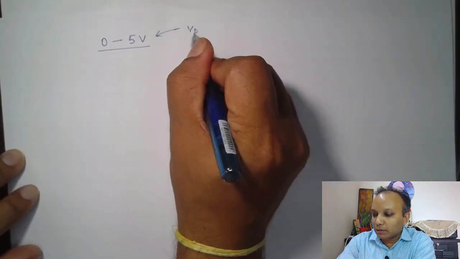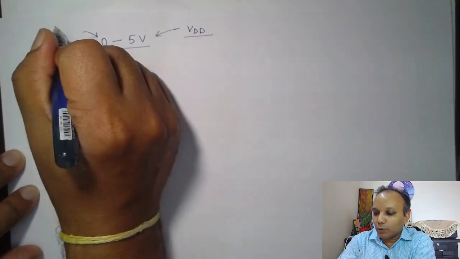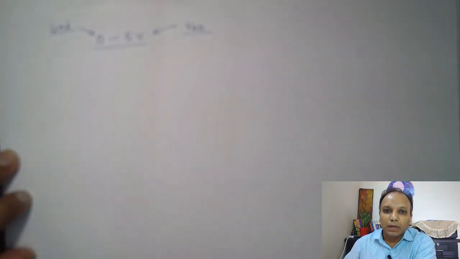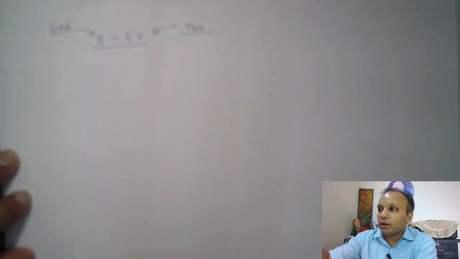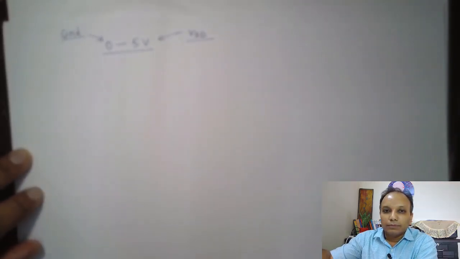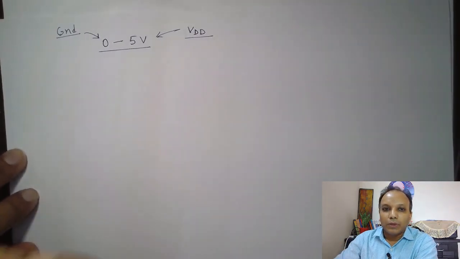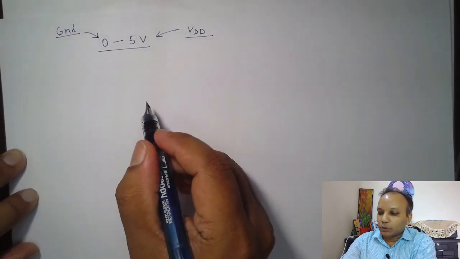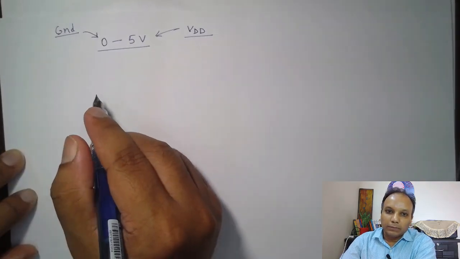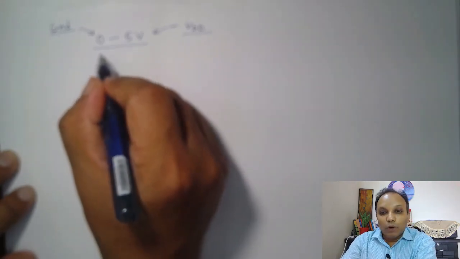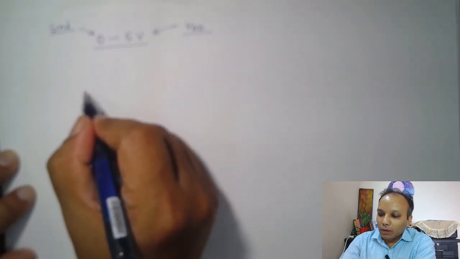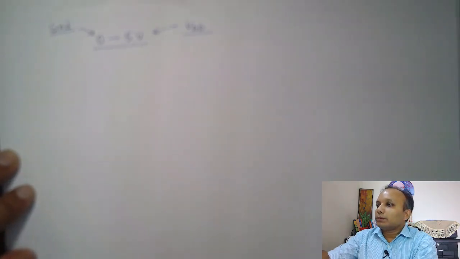VDD is the highest voltage and this is the ground voltage in your circuit, because remember that underneath your computer there is a circuit, and that circuit operates using these different voltage levels. So, 0 represents ground, 5 volts represents VDD. Now, if I have a number system which has, let us say, 10 symbols, then what I will do is divide this range of voltage into